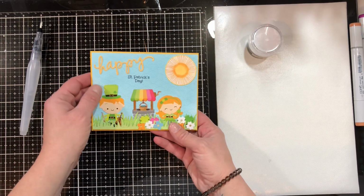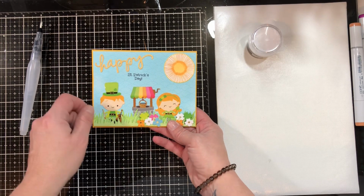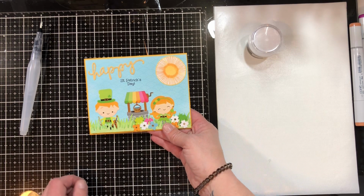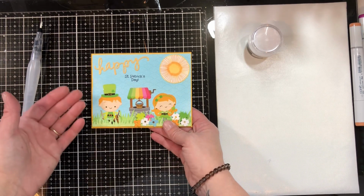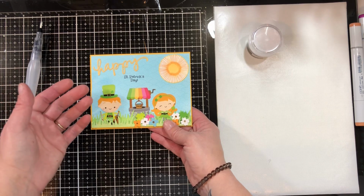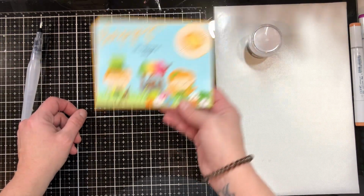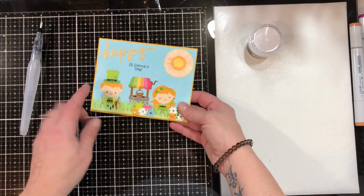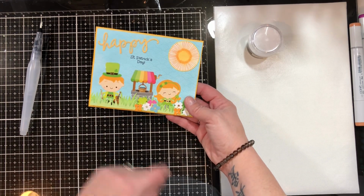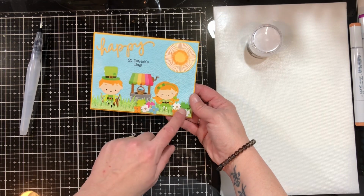Every sticker that I used also, I didn't stick straight down. I put them on cardstock and then fussy cut them out because I didn't want them popping off of the card once somebody has it, once it's given away. And they say, oh, I'm going to throw it away now because the stickers aren't sticking on. So they're glued. They're all glued down. The front layer of grasses popped up with foam tape, and then I used some of the flowers and the